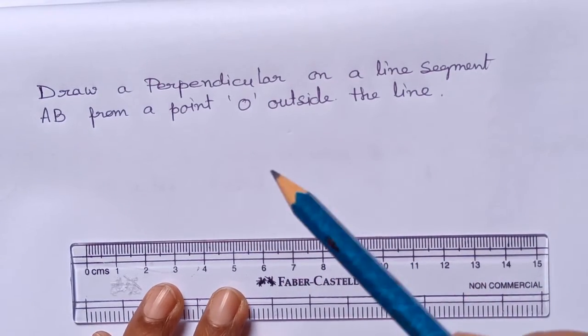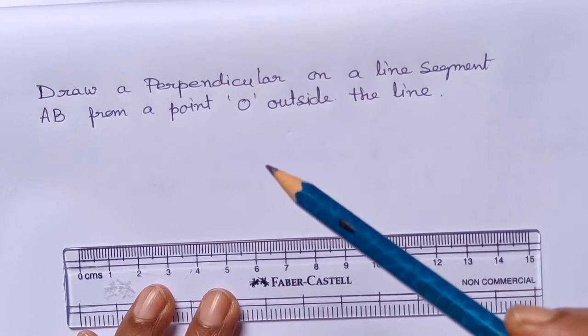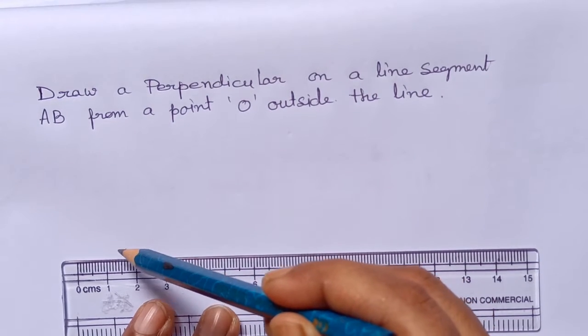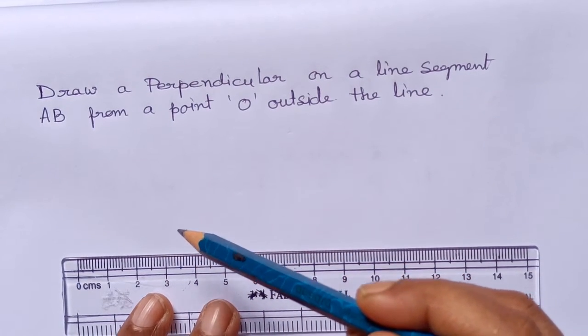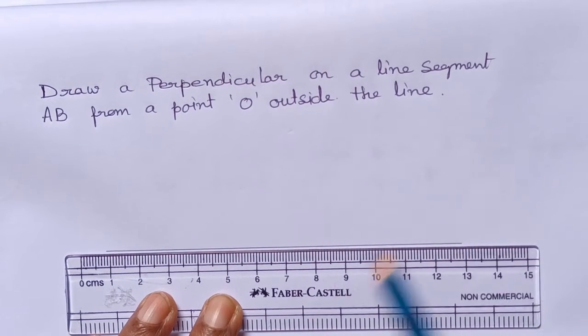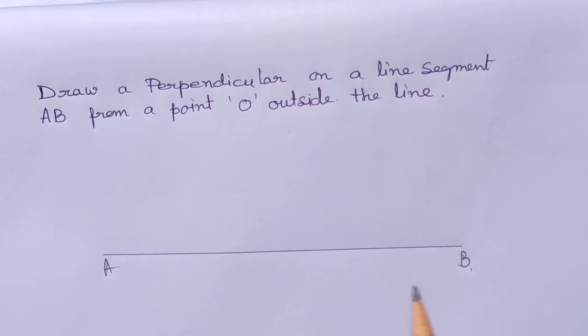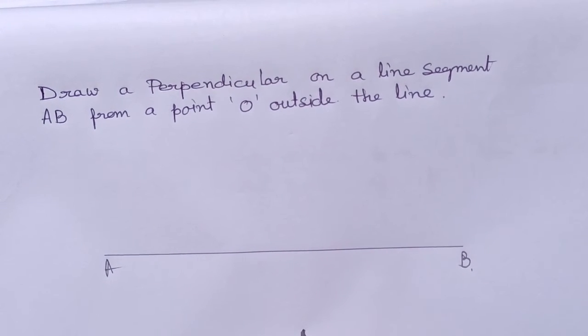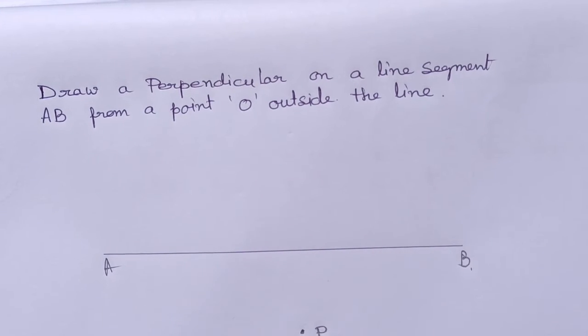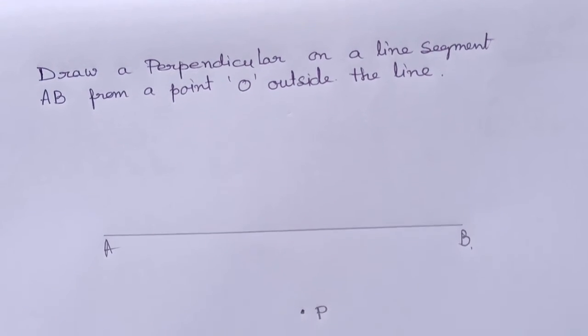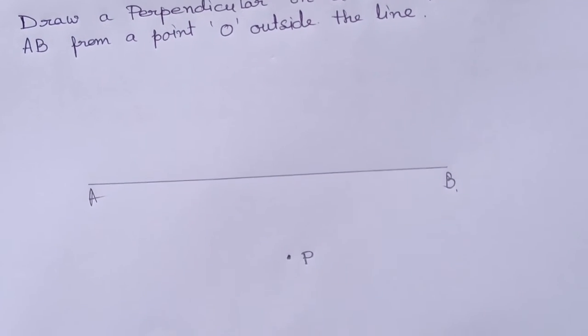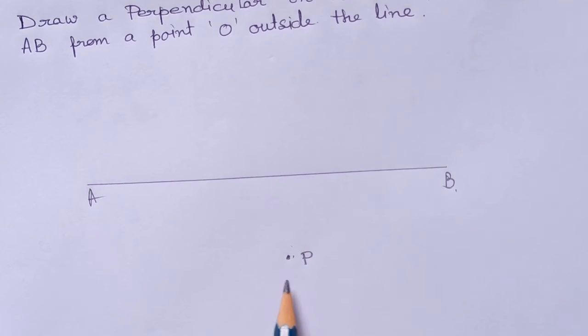Let us take a line AB and let P be a point outside the line AB. So from P we have to draw the perpendicular. For that,